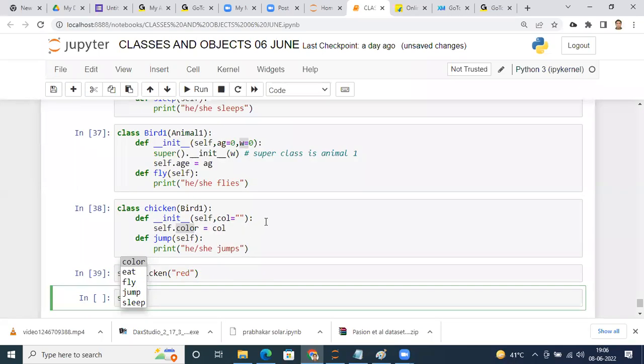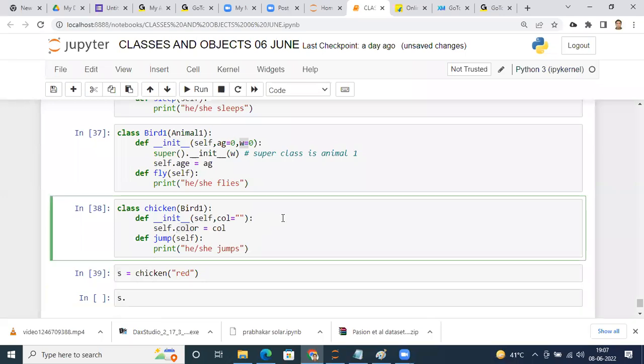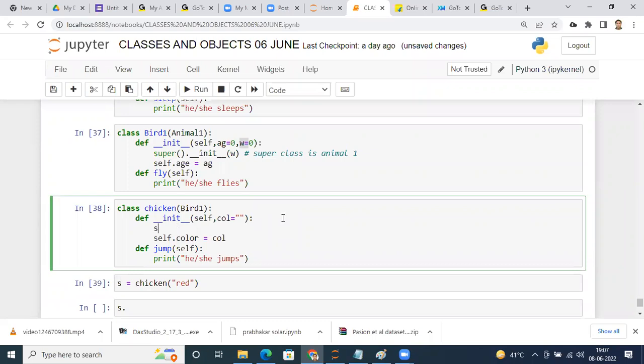So what has happened? Can you tell me the answer? Overriding. Yes, overriding has happened this time. Sorry, constructor overriding has happened. So we have to prevent that. How can we prevent it? We just saw. Super. Yes, the super method. So we'll come here and mention super